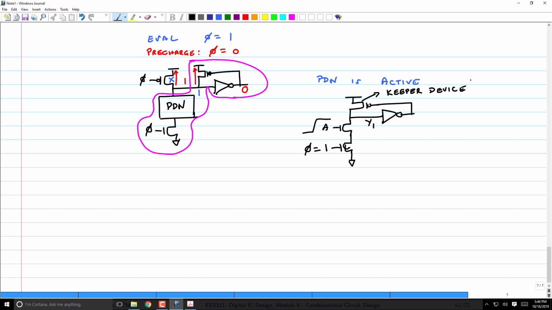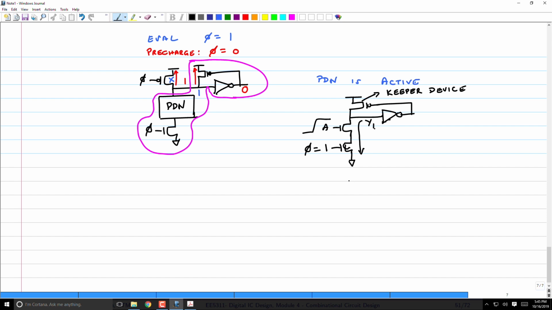But when my input A goes high, see what's happening. There is a path which is trying to pull this down through the NMOS network. There is a path from the PMOS network which is trying to pull it up. Right? So there is a fight. You have to size the devices so that the NMOS network can overpower that PMOS network. Which means as long as Y1 falls below VIL of that inverter, that is enough for you. Because when Y1 goes below VIL, the inverter will trip and flip.